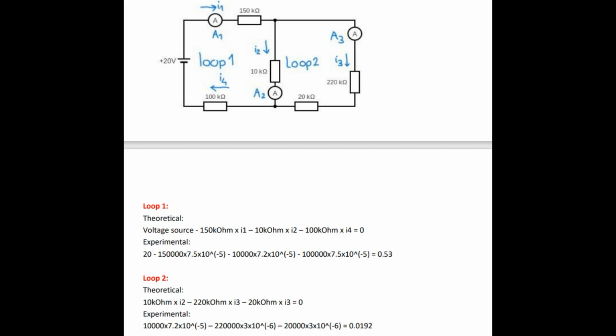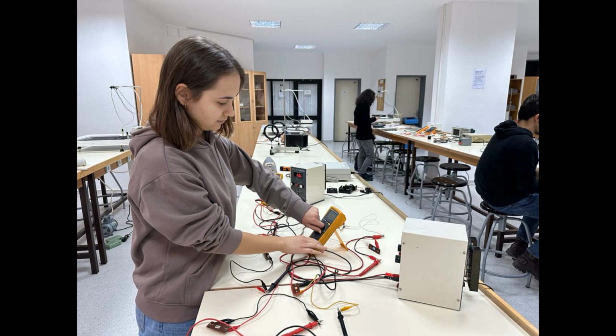the ammeter. In conclusion, we examined that Kirchhoff's current law and voltage law are valid and applicable to complex circuits, which are not easy to solve by